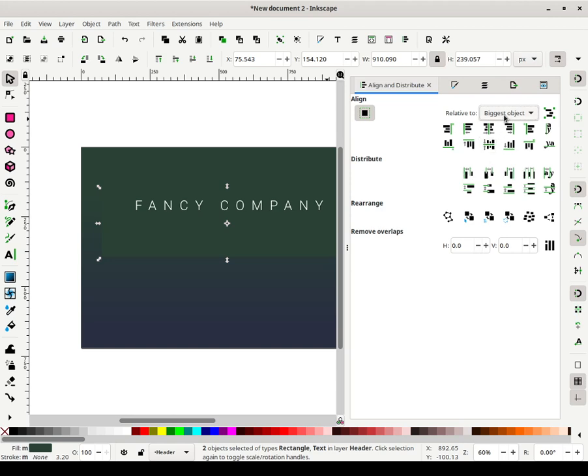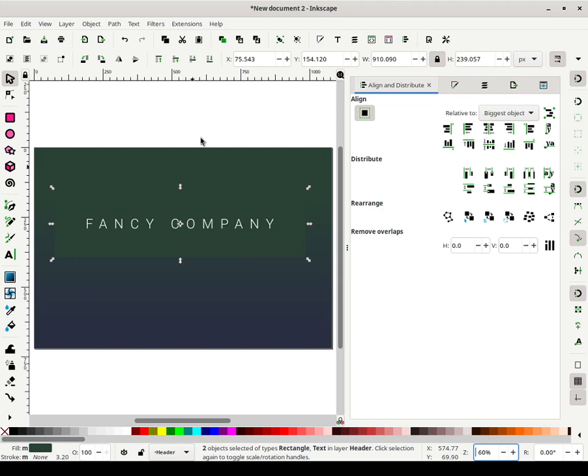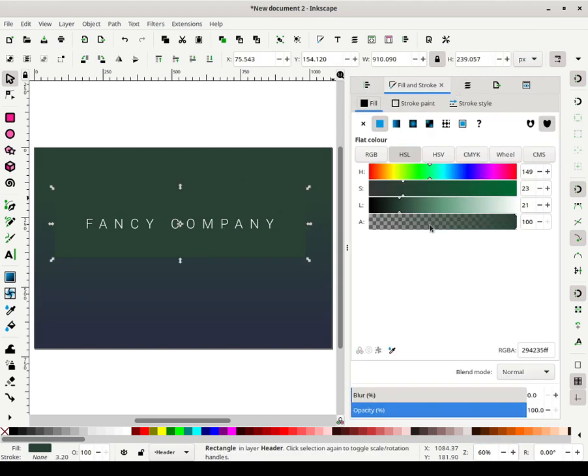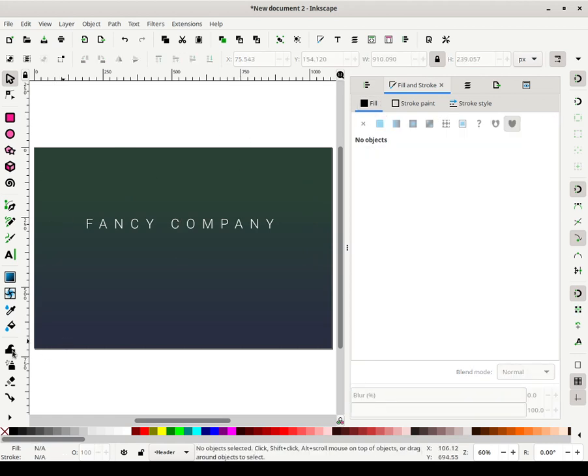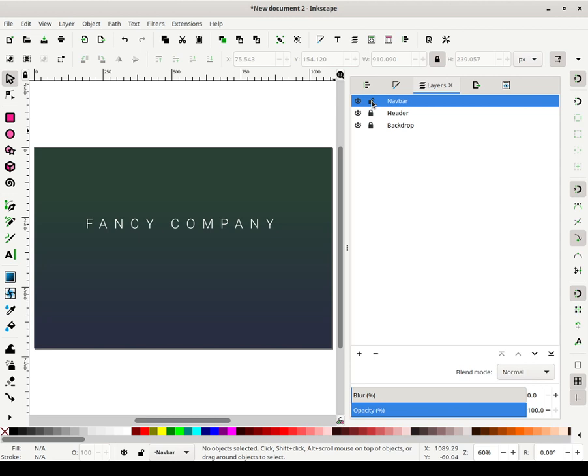Alright, so we select biggest object as the relative value and center everything there. So now your header text is in position, and this object you can actually turn transparent. Then lock that. And now for the navbar, we're going to do a similar thing to what we did with the header.